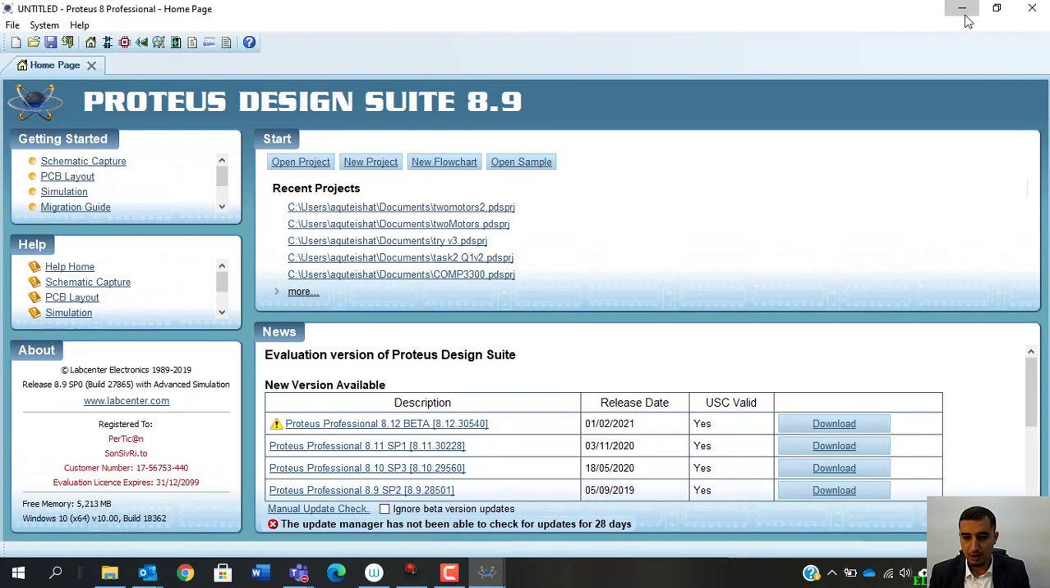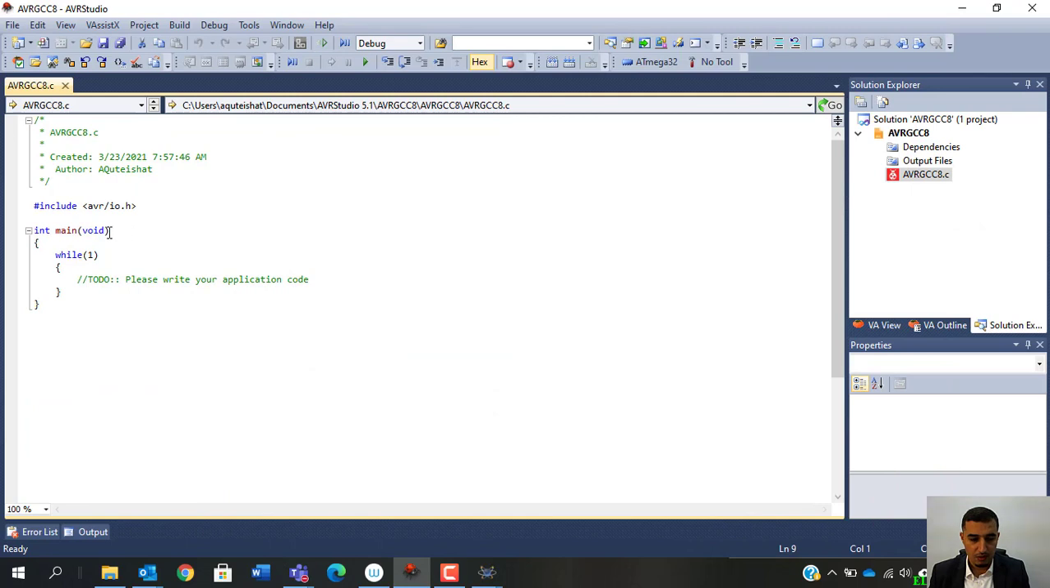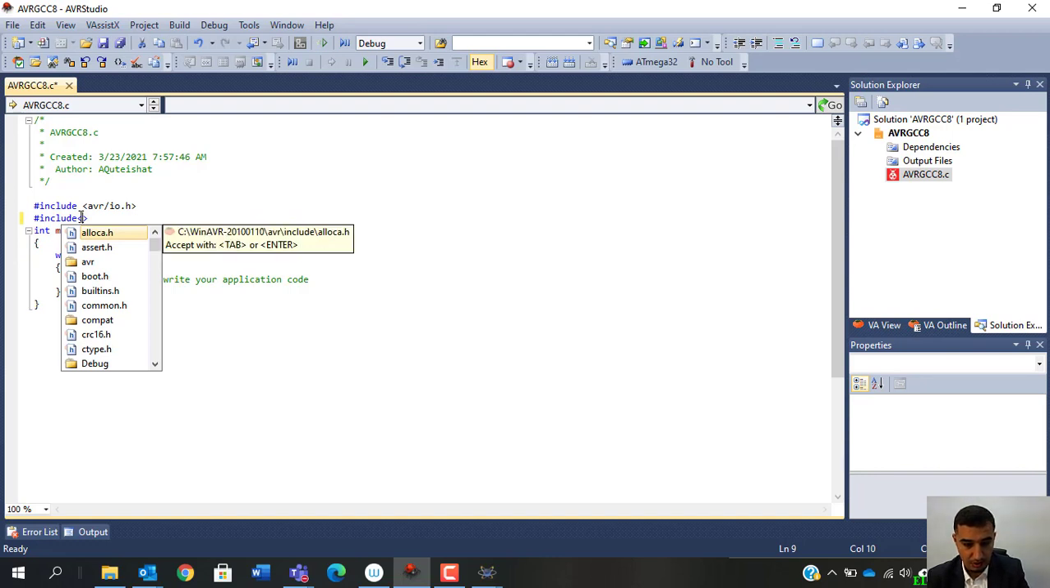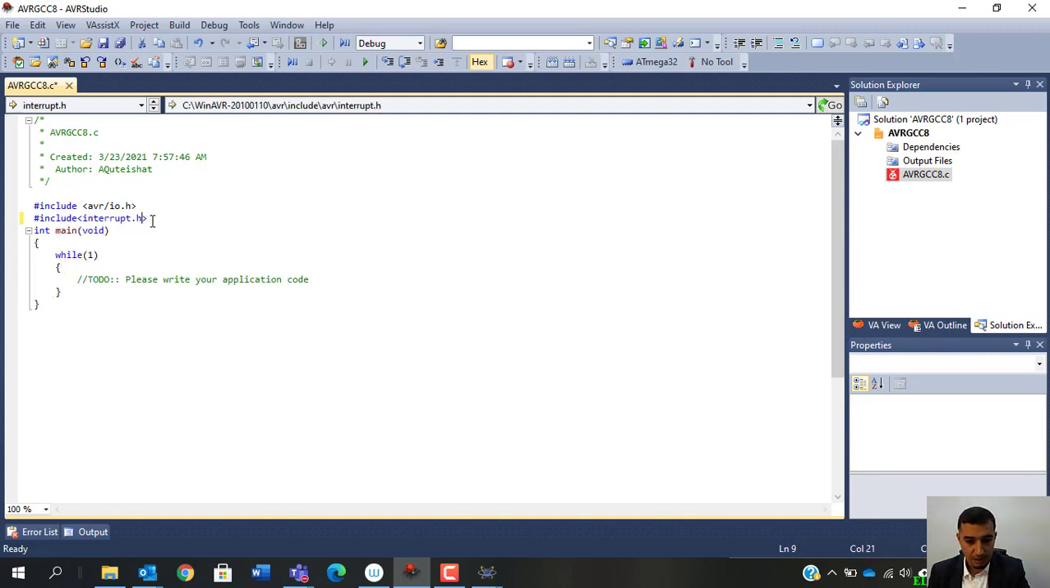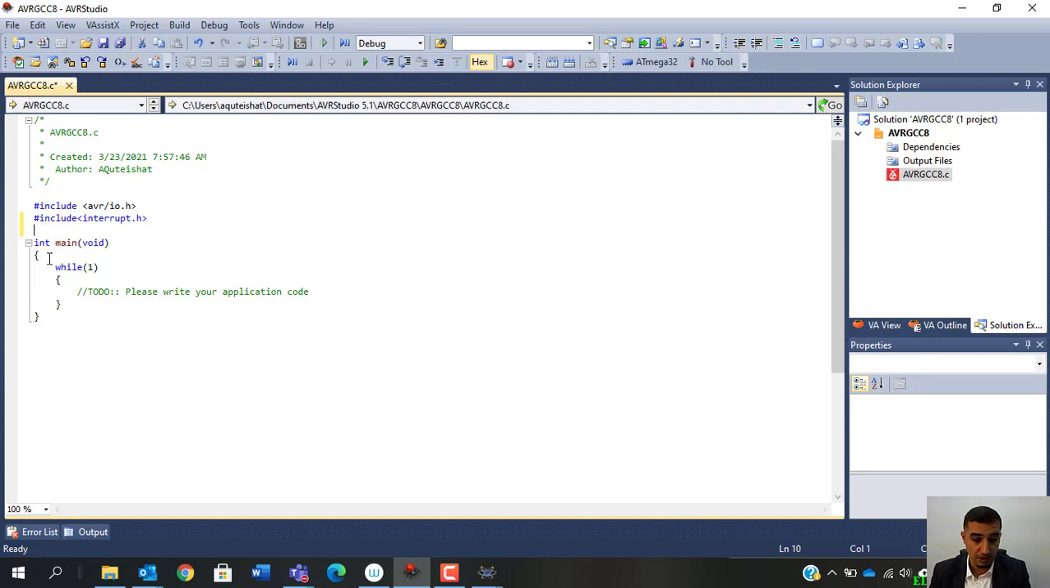So a normal program on interrupts will start by including the interrupt library. So I will say hashtag include interrupt.h, this one. Then underneath it, of course, we will need to add the interrupt service routine, but before that, let me initialize